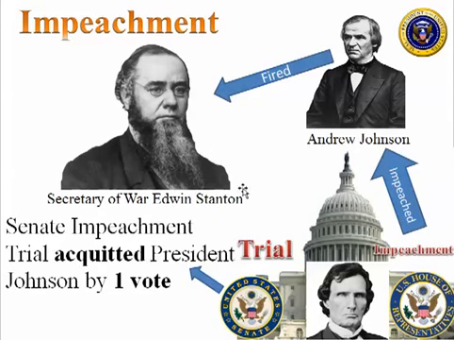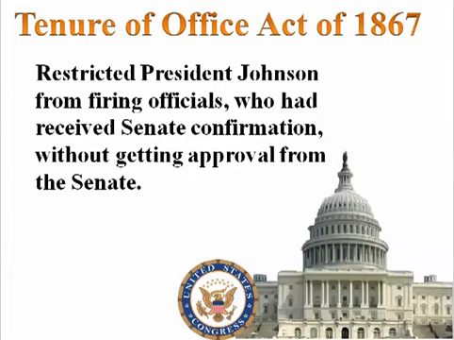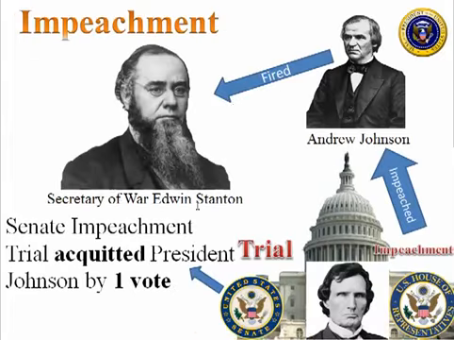He fired Edwin Stanton. When he did, the House of Representatives, following the process set up in the U.S. Constitution, with Thaddeus Stevens here from Pennsylvania, impeached the President of the United States. This is the first time in U.S. history that a president has been impeached, and this is Andrew Johnson. There were 13 articles of impeachment, all reworded, and every one of them meant basically that he violated this Tenure of Office Act by firing Edwin Stanton. So there's really only one.